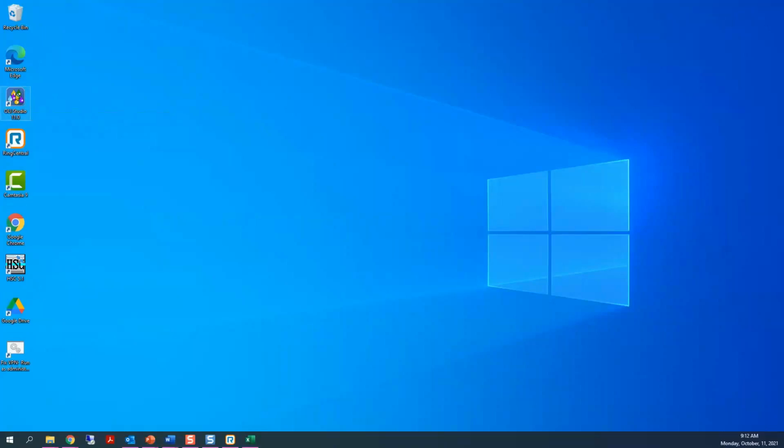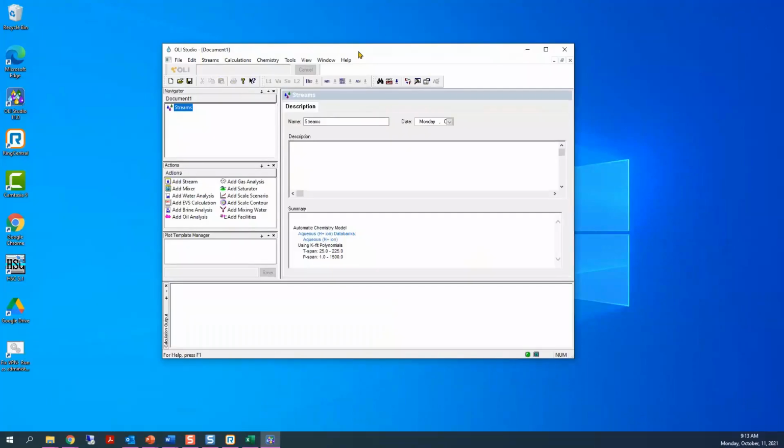Like I said, I am using version 11. So just go ahead and double click to open the software. When you open it for the first time, this would be the user interface that you will see. Now, let me just bring this again.